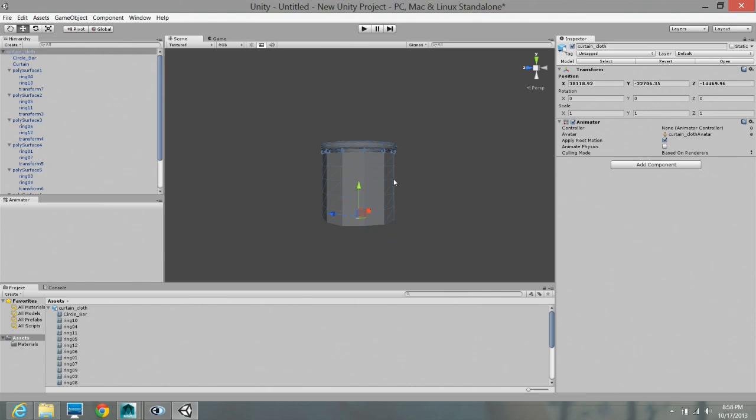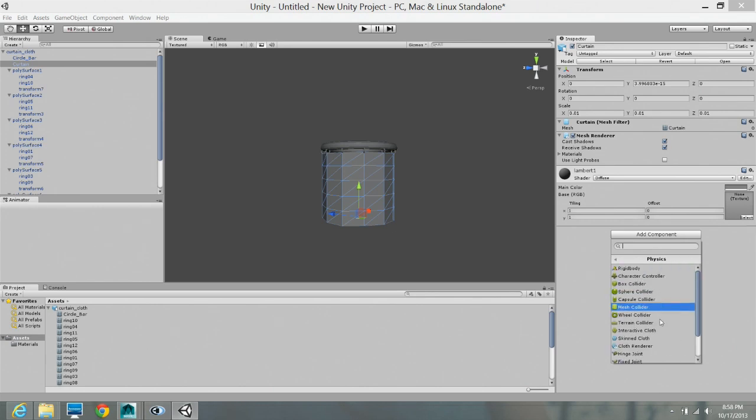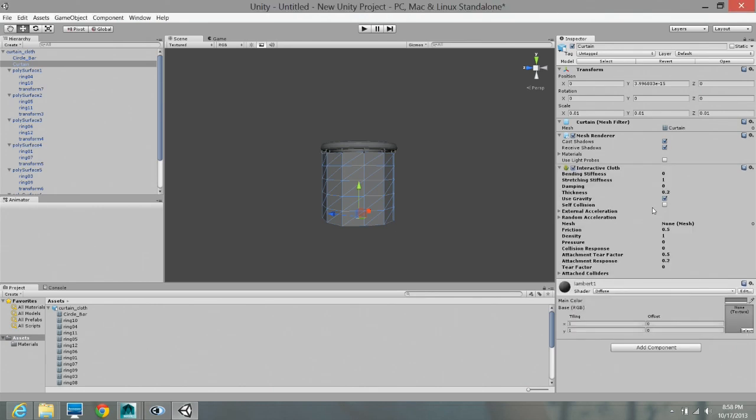Anyway, the first thing you probably think you want to do is go in here, go to add component, and go to physics and add an interactive cloth. And the thing with that is that it